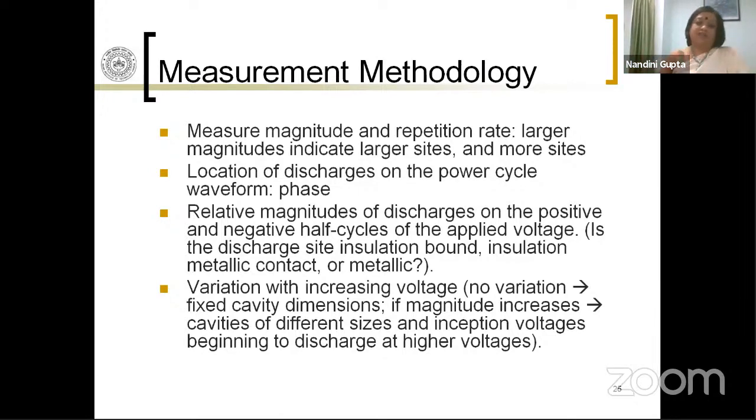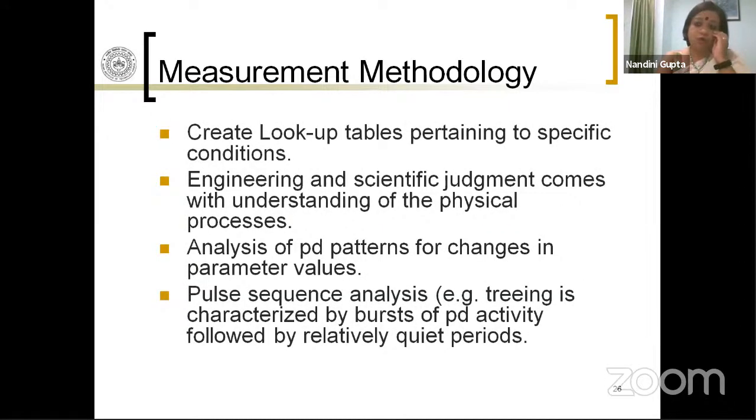So there are many kinds of things which you need to do, and all this information taken together has to be processed properly to be able to get any meaningful data in real life. So what is generally done is, you look at the trend. You don't look at absolute parameters. You look to see whether the trend is changing. If the trend changes drastically or abruptly, you know that it needs attention, and then you look at what is